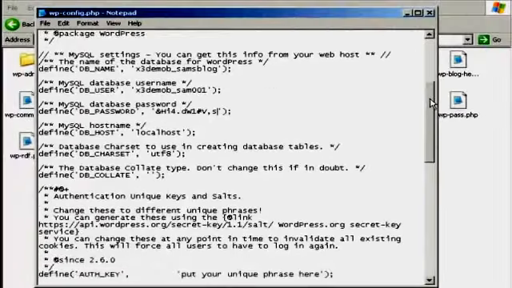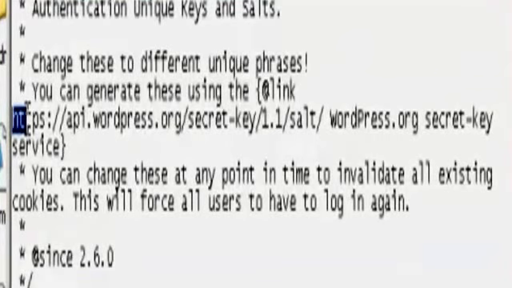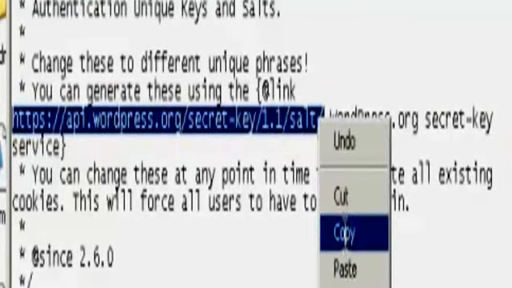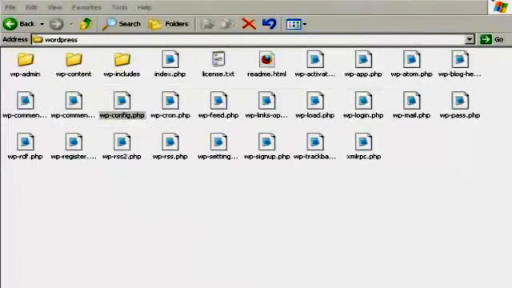Okay, next thing to do is to put in these authentication keys and so on. Now, there is a quick way of doing this, and this is to generate your own phrases at this link here. So if I just copy, right click, copy that, now I just need to close that one and open up